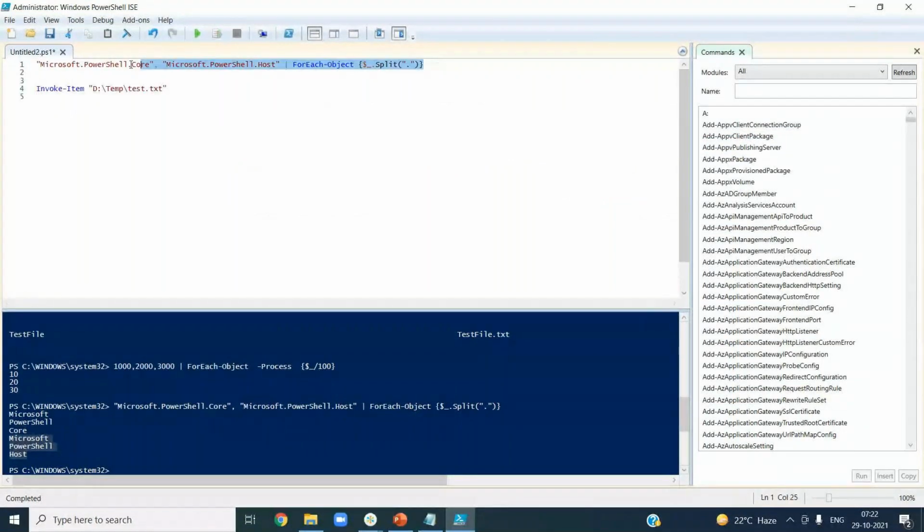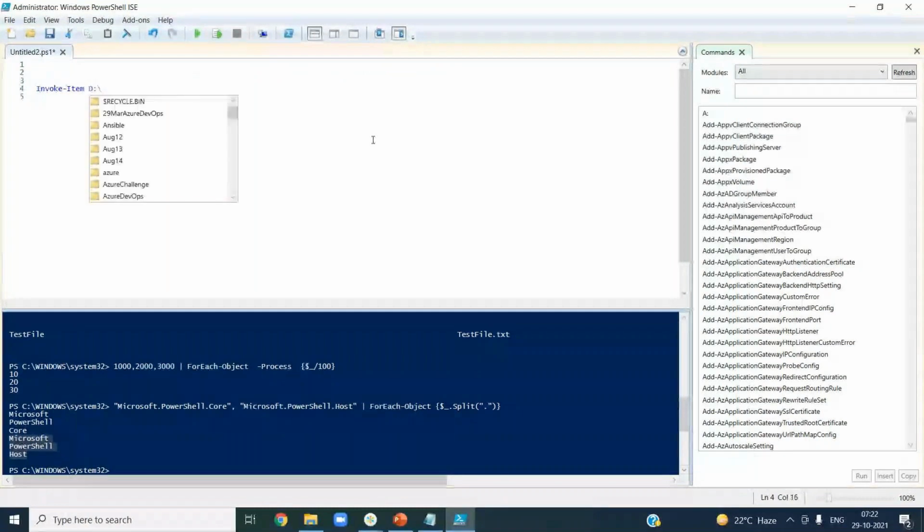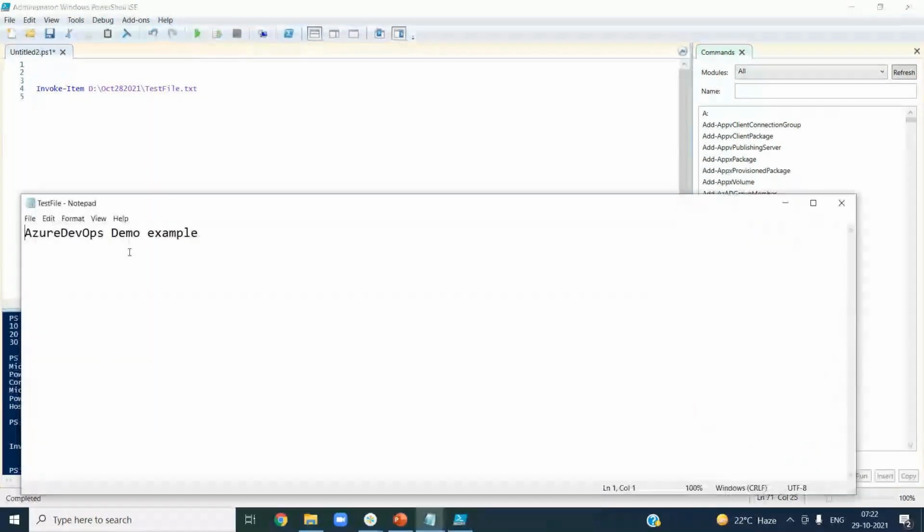That is Invoke-Item. You can execute an item as well with this. Let us say D colon October test file. If I want to open this, it's like invoking, right? You can run it as well. See, this is what we created, right? I gave the path and I'm able to open it.